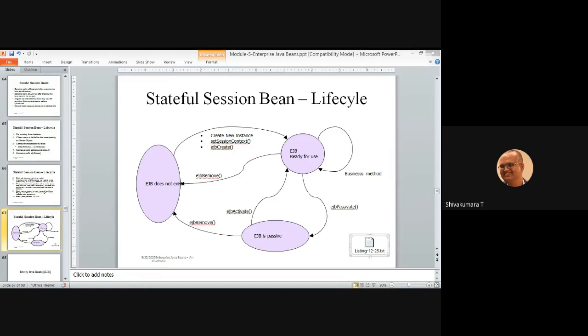This is the skeleton of the session bean. All the methods involved in the life cycle phases exist here, so you can implement them depending on your application type.